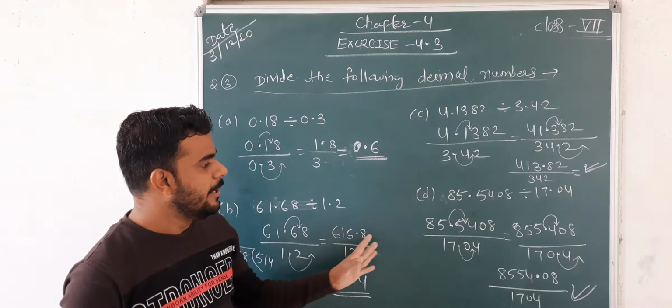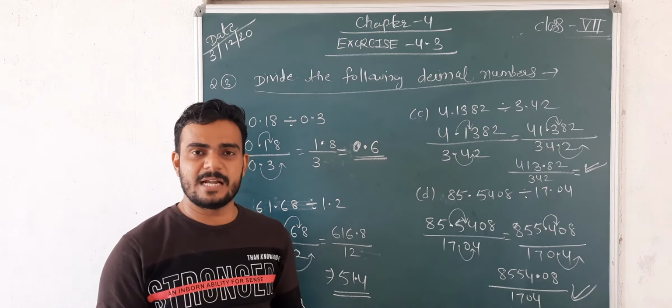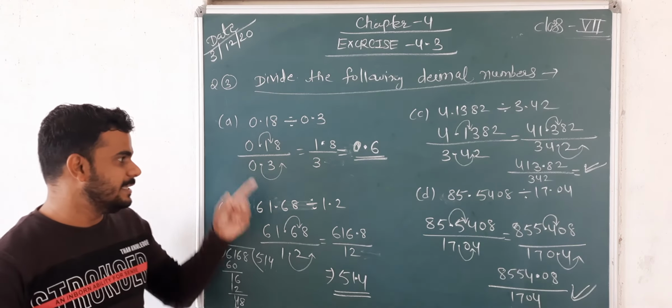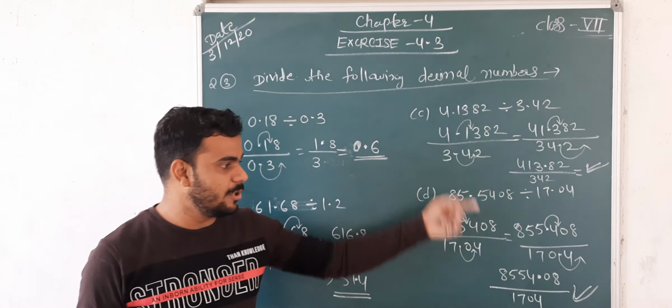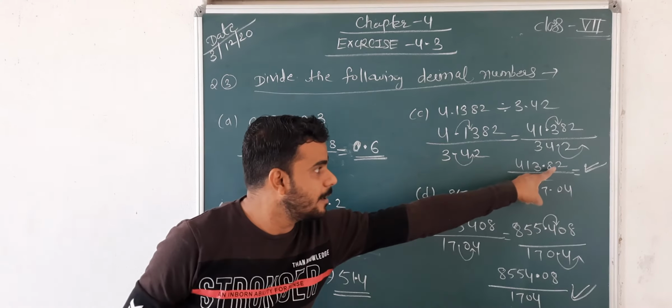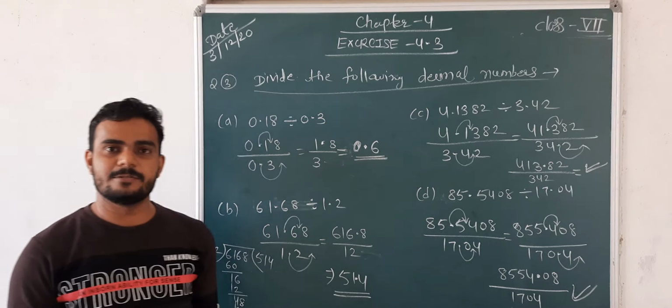Okay, so this is the way to solve it when both the numerator and denominator are decimal numbers. Then this is the way to solve the question. Okay, so take the screenshot. These two I already solved, and these two are your homework. Do the division only, and afterwards put the decimal point after two places, because there are two decimal places here and here also. Okay, take the screenshot.